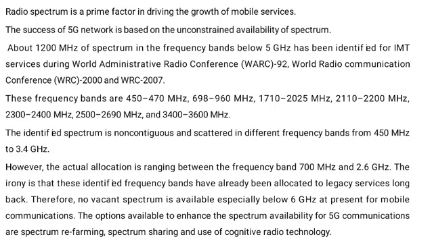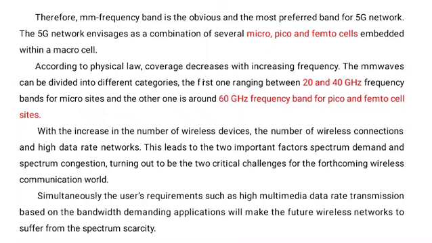So 5G communication needs spectrum reforming, spectrum sharing, and use of cognitive radio technology, which we will see later. 5G uses a combination of micro, pico, and femto cells embedded with macro cells. According to physical law, coverage decreases with increasing frequency. So millimeter wave can be divided into different categories: one ranging from 20 to 40 gigahertz for micro cells, and one around 60 gigahertz for pico and femto